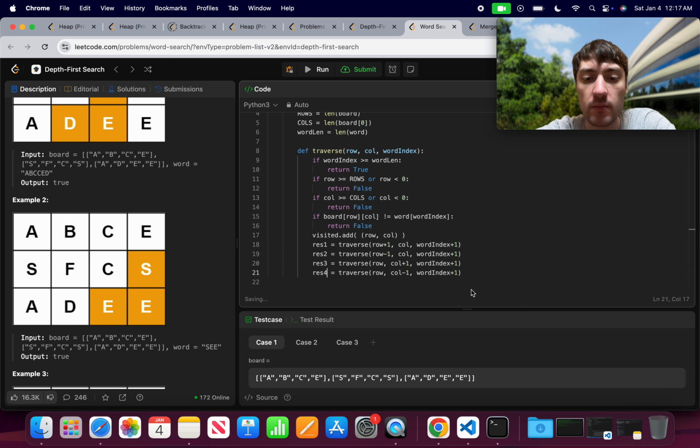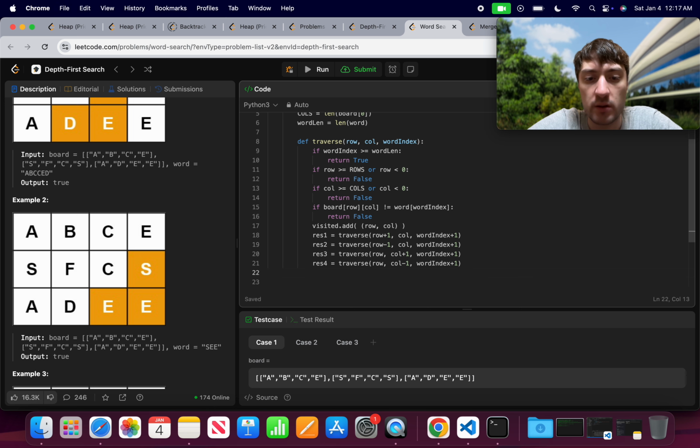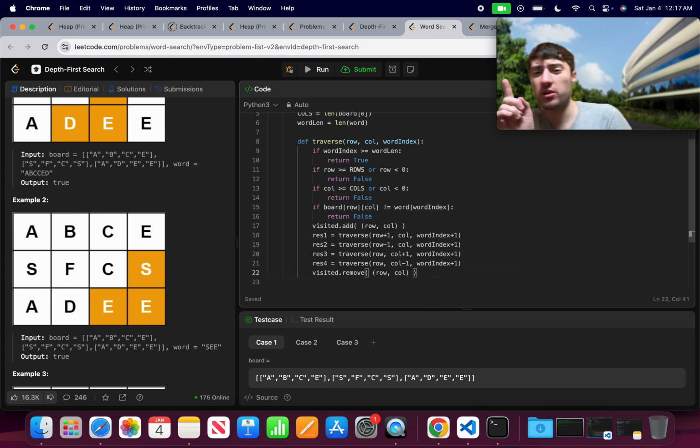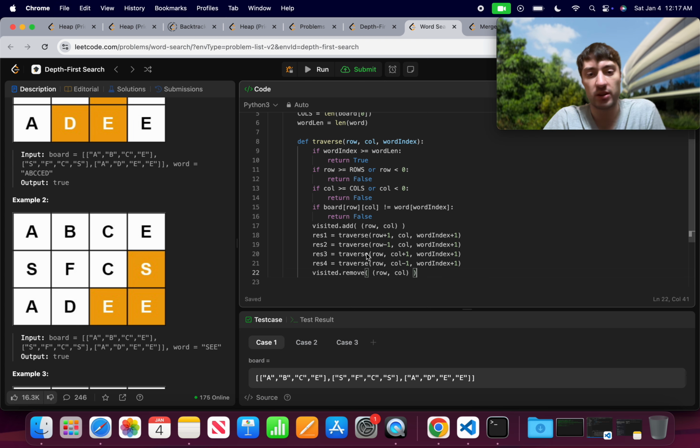Okay. So now I want to do what? I want to, can I do visited dot remove? I don't know if I can actually do this. Row column. I'm not sure if I can remove from a set like this. This is going to be a good experimentation right here. So I think I want to remove this because I want to say like, hey, I